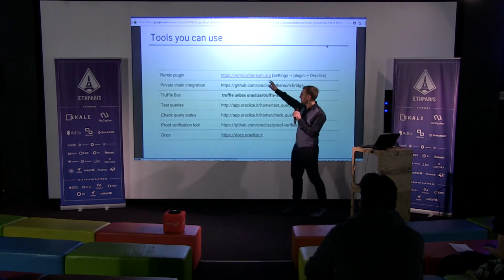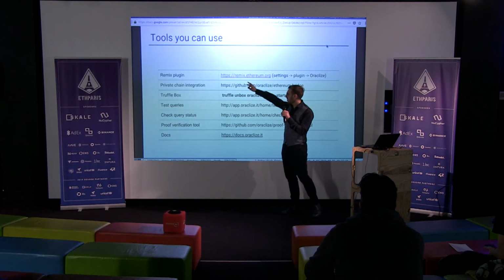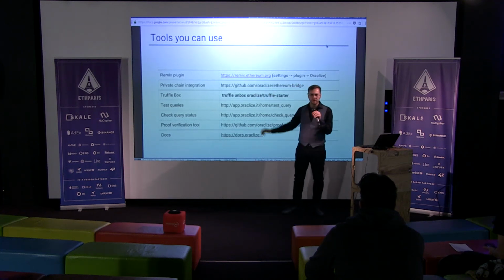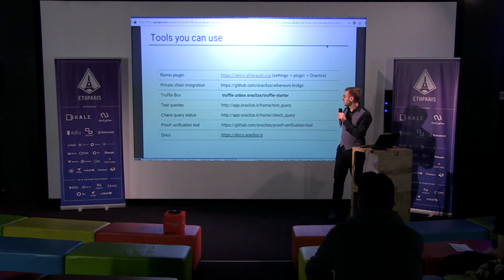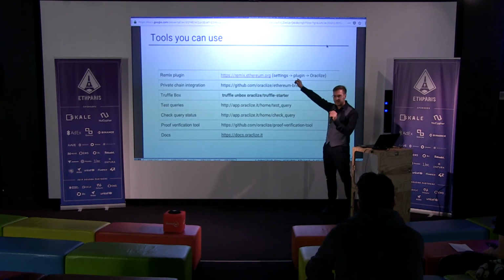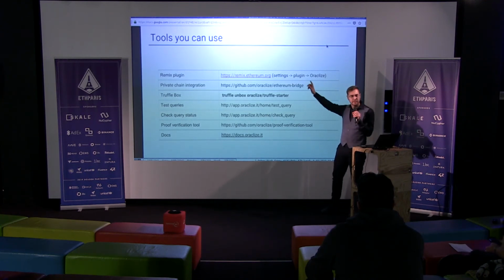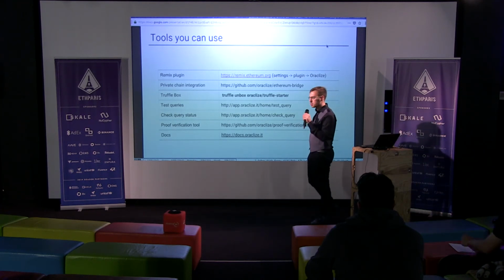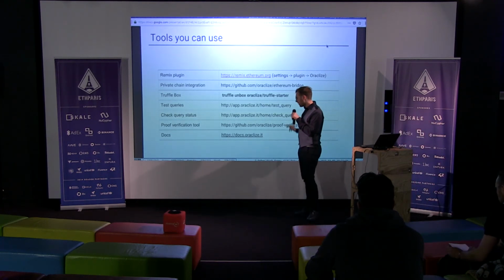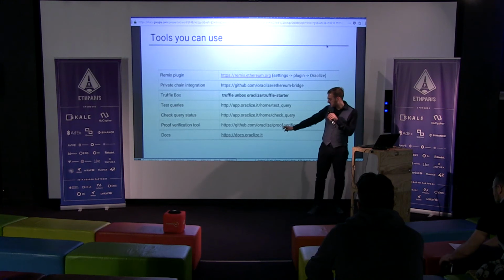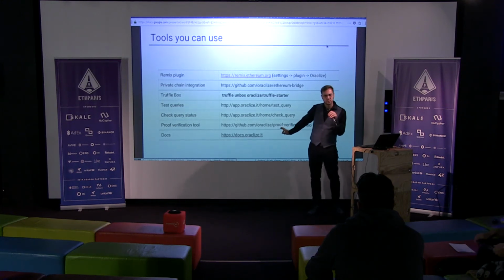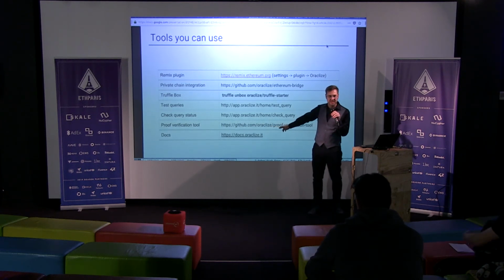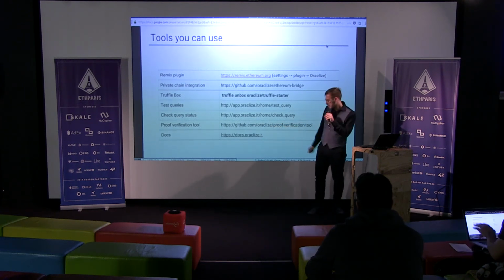You can also use it just in memory. If you are familiar with Remix, remix.ethereum.org, you go to the official one. In the settings section there are some plugins, and there is the Oracleize one. You can just click the Oracleize button, and it's integrated straight away in the in-memory execution. You can test it. There are some other useful pages here to verify the proofs on chain, if you prefer. This is a tool so you can verify if, for example, the 1 million proofs we have sent back on mainnet are valid or not. So you can see if we have ever cheated in the last 4 years, basically.